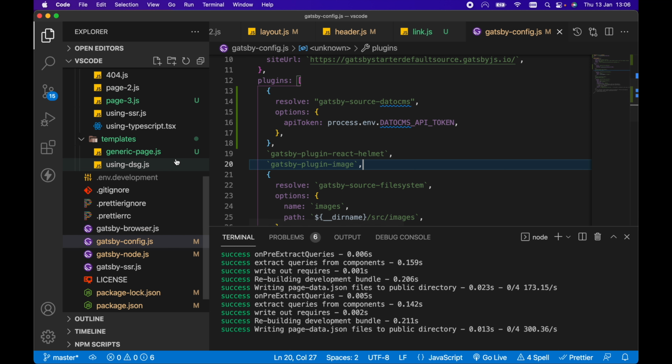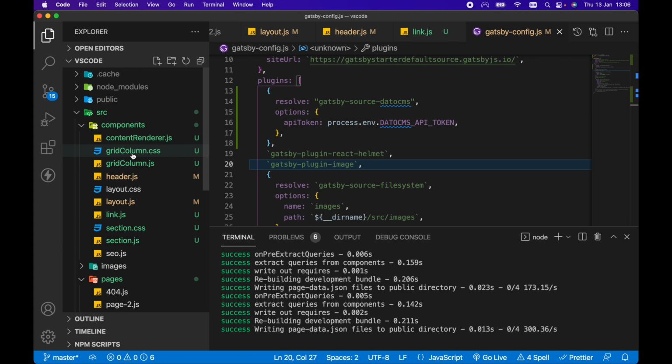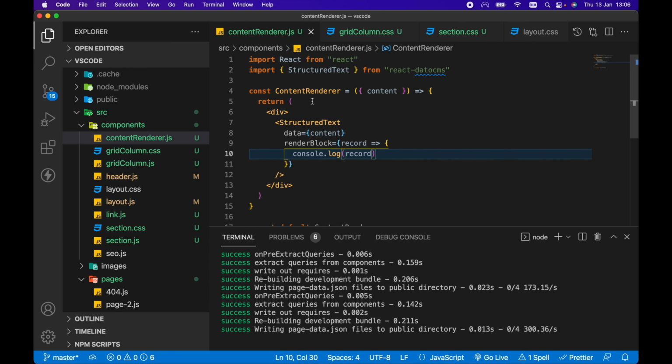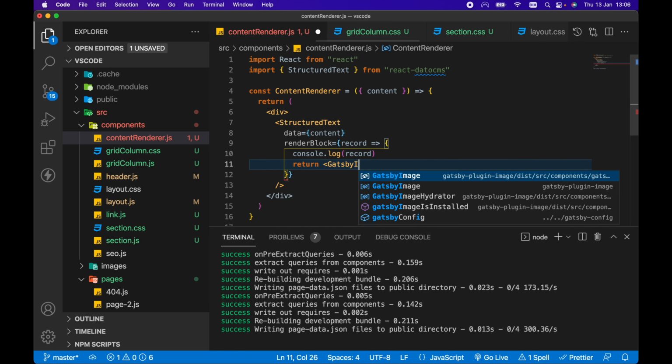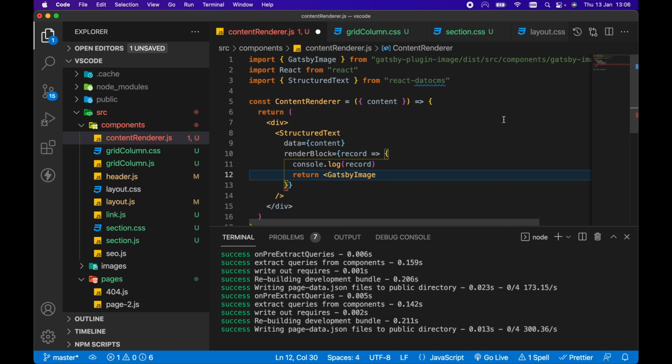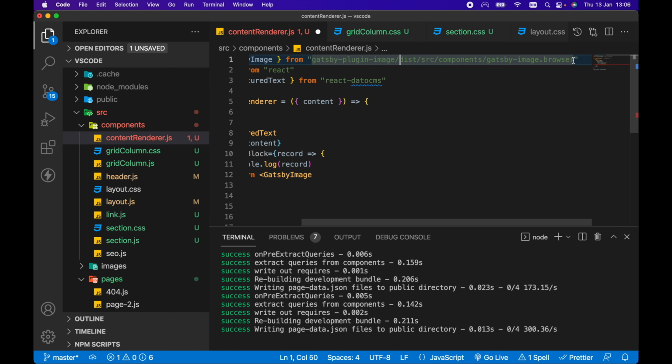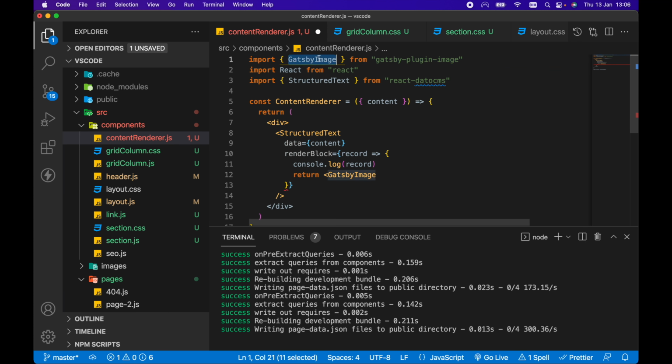So once that is done, in our structured text component within our content renderer, we want to render the Gatsby image component for this DatoCMS image inline block. So let's return the Gatsby image component, and that's imported it from the wrong place. It should just be Gatsby plugin image. So let's get rid of that. So Gatsby image from Gatsby plugin image, need to render the Gatsby image and need to set an image prop,